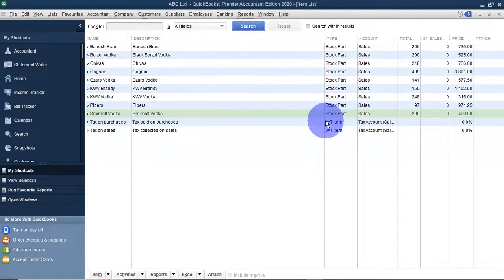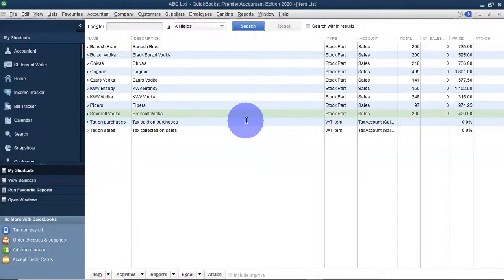And once again, before we move on to key in transactions, we need to have a relevant bank account. So how do we create a bank account? Remember, last time we did invoices, we did receipts, but we didn't direct any of these items to a specific bank account. Reason being,